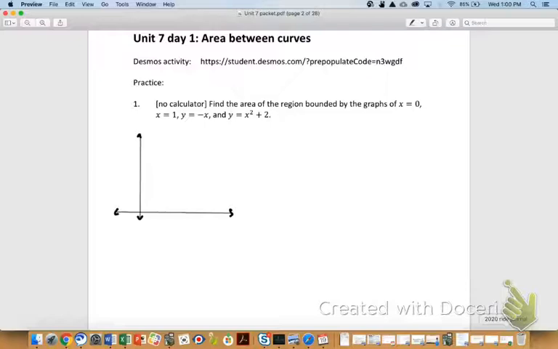Okay, so here we go. X equals 0 is the y-axis. There's one boundary. X equals 1 is over here somewhere. Y equals negative x is right about there. And then y equals x squared plus 2 is a parabola shifted up 2. So we're going to say that that looks